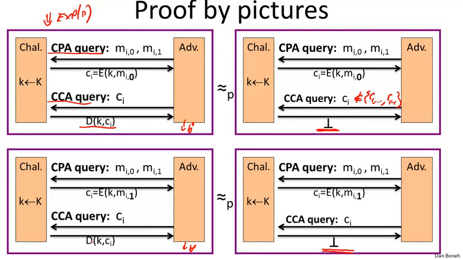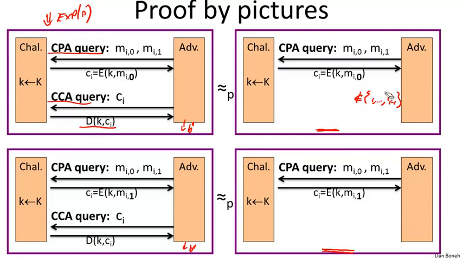Now, since the chosen ciphertext queries always respond in the same way, they're not giving the adversary any information. The adversary always knows that we're just going to respond with bottom. So we might as well remove these queries, because they don't contribute any information to the adversary. Once we remove these queries, the resulting game should look fairly familiar. The top right game and the bottom game are basically the two games that come up in the definition of CPA security. Because the scheme is CPA secure, we know that the adversary can't distinguish the top from the bottom.